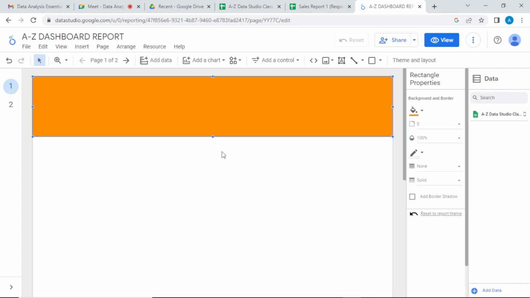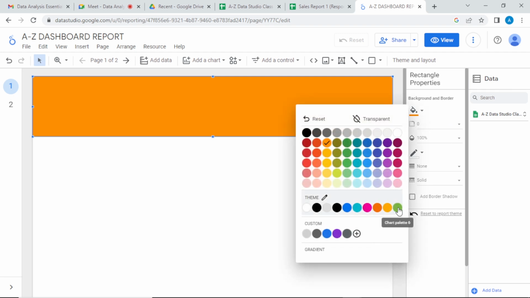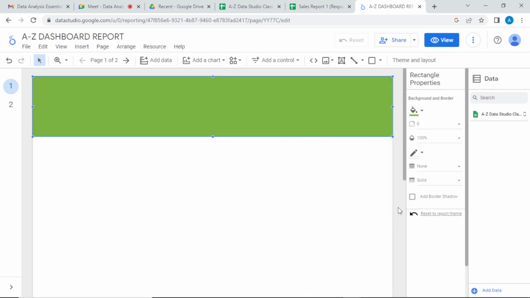So I'm using this. If it's green, you choose green, lemon, or anything. Just work with what you are being told to do based on the requirements of the company that you are working for. So this for transparency, we don't need transparent, we want it thick like this. Then this border color,